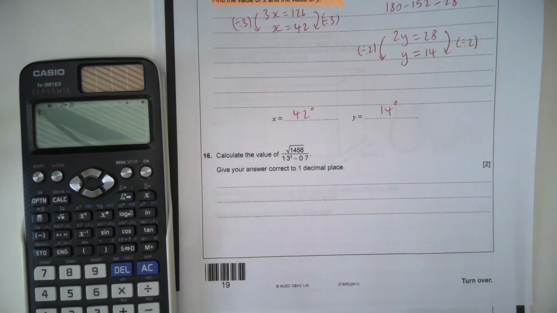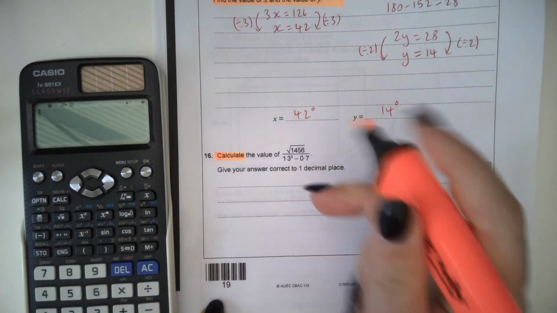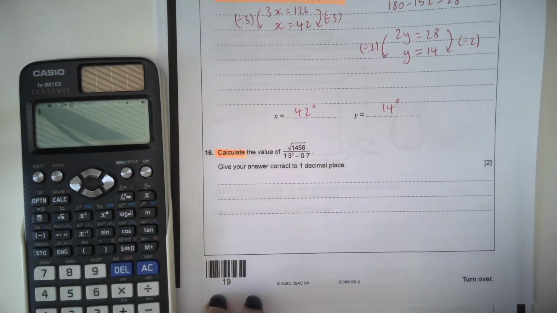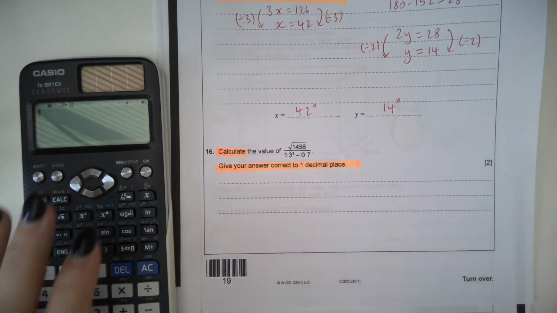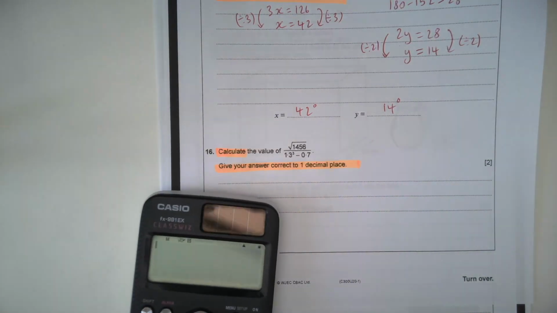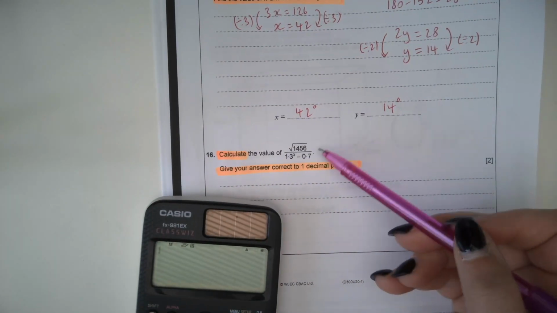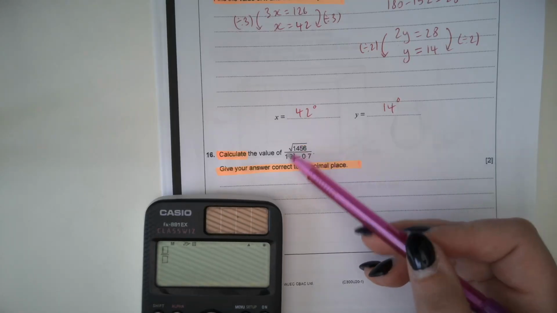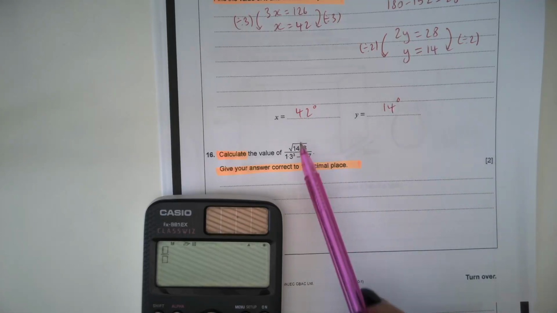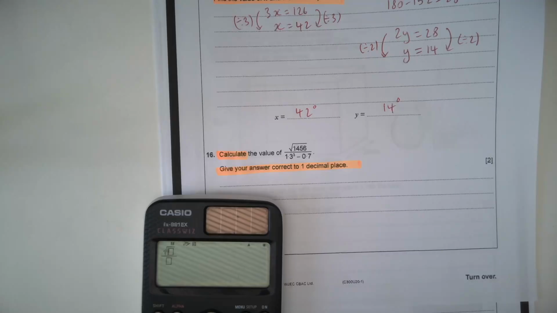Question 16. Calculate the value of this sum and give your answer correct to 1 decimal place. So we're going to enter this into our calculator, guys. That's on a calculator paper. But I need to enter it exactly as it is there. So the first button I'm going to press is the fraction button because everything's in a fraction. On the top of my fraction, I've then got this square root. And inside the square root, I've got